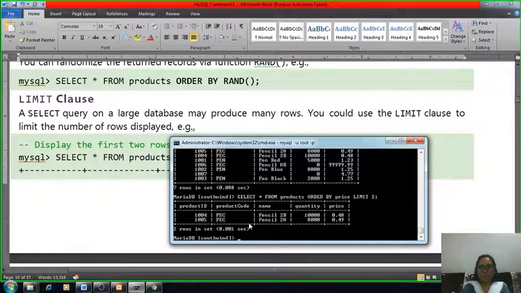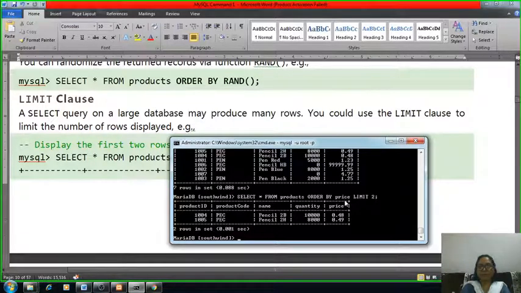Here ORDER BY price displays in ascending order. If you want to display descending order, you have to specify DESC, and for ascending no keyword is required, ORDER BY alone is sufficient.